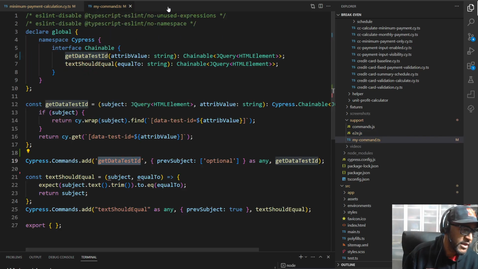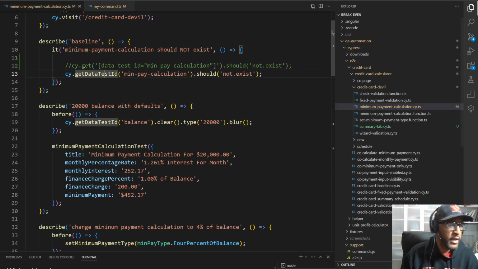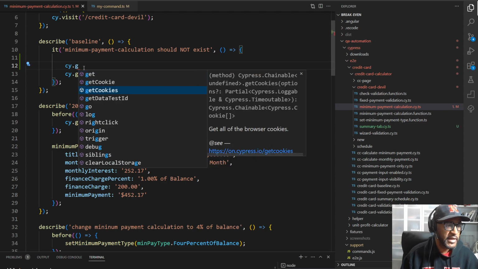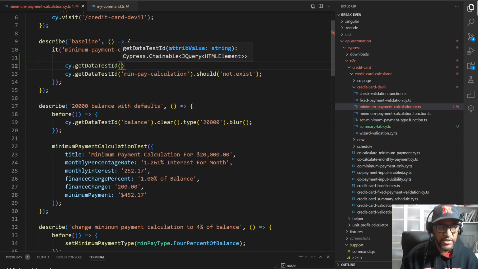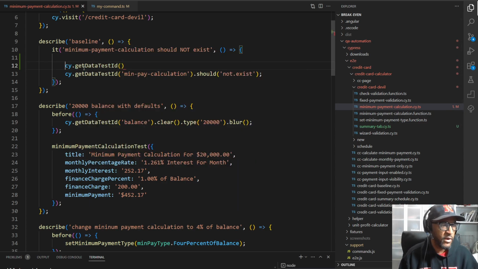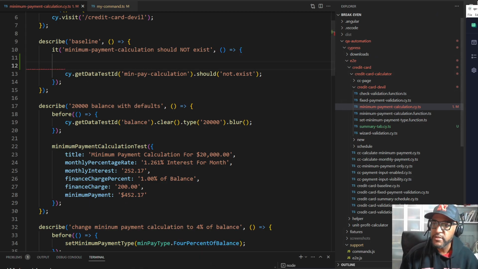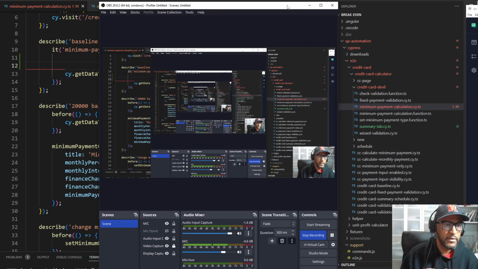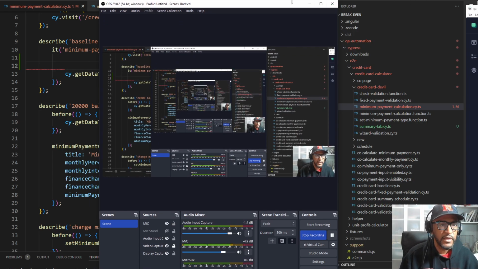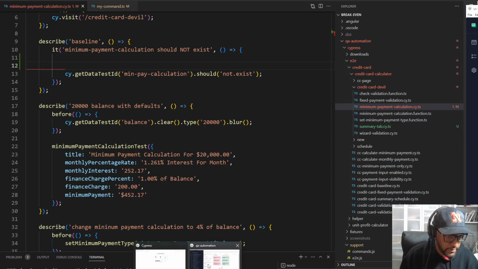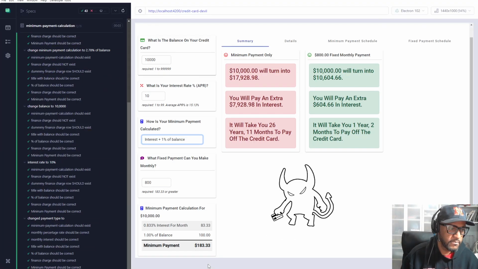straight to the point. And we come over here now, and if we get rid of this, we start typing cy.getDataTestId. You can see I just get that for free, and I don't have to remember that all the time. If we go over to my tests, we can see that the tests are, this is the wrong thing. I don't know why that grabbed that. Let's get that out of here. I want this. As you can see, if I run it,